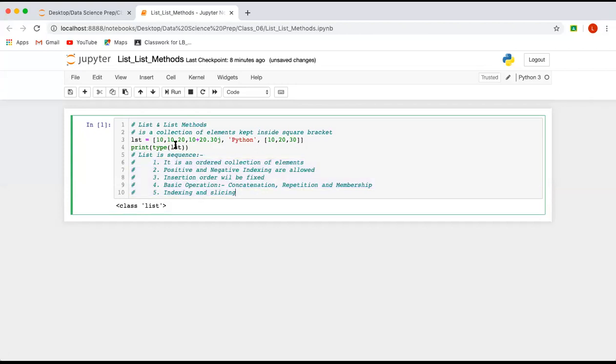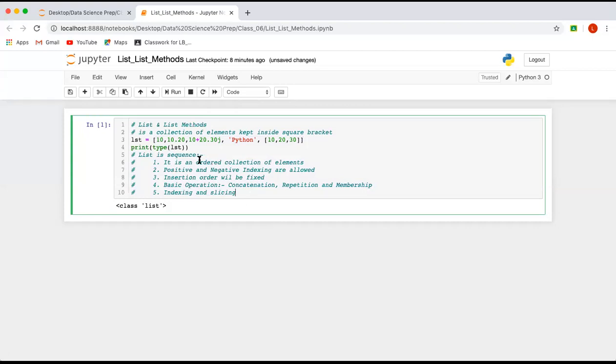So it is an ordered collection. If you check about this, this is an ordered collection of the elements. Yes, membership. You can check whether an element is a member of this sequence or not. For example, 10 in LST or not, it will return true or false, right? We have already completed the membership operator in the operators class. Okay, so go and check there. So that is one.